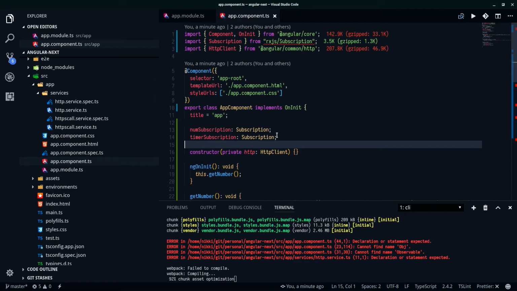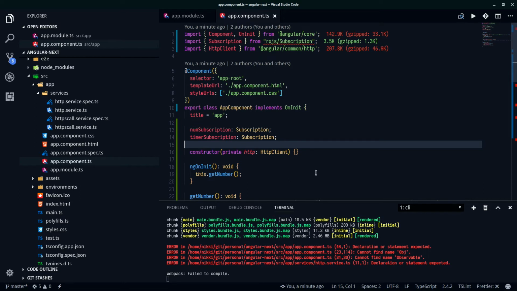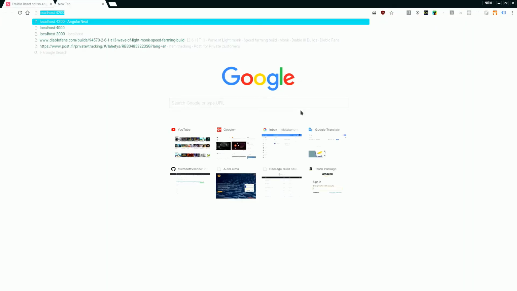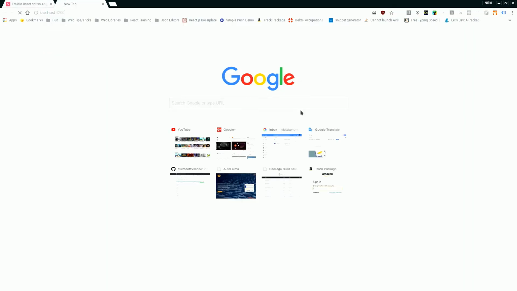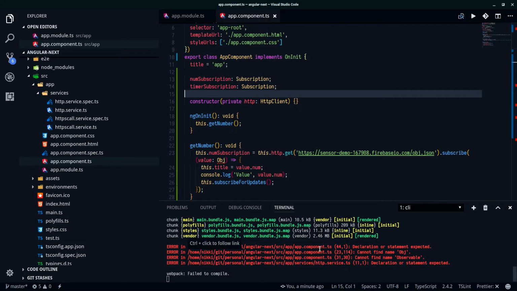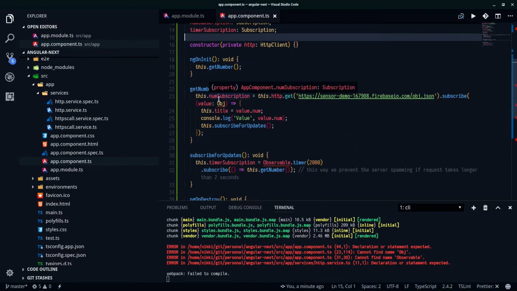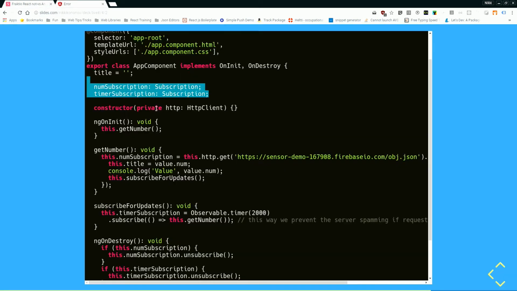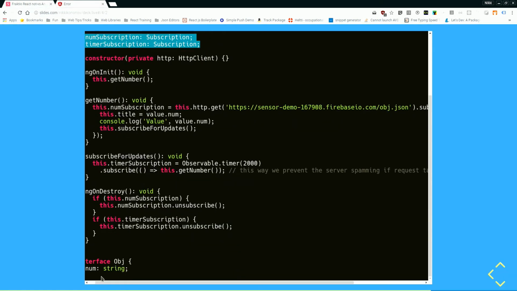But let's see now if I can view the project. What is it complaining about? HTTP service. I'm not even using it anywhere. Yeah, this is not an error. I'm pretty sure I can just run this. If we're on localhost, nope. What's happening here? Error in declaration or statement is expected. Where is it? Oh, my bad, people. I know the problem. Once again, newbie developer.